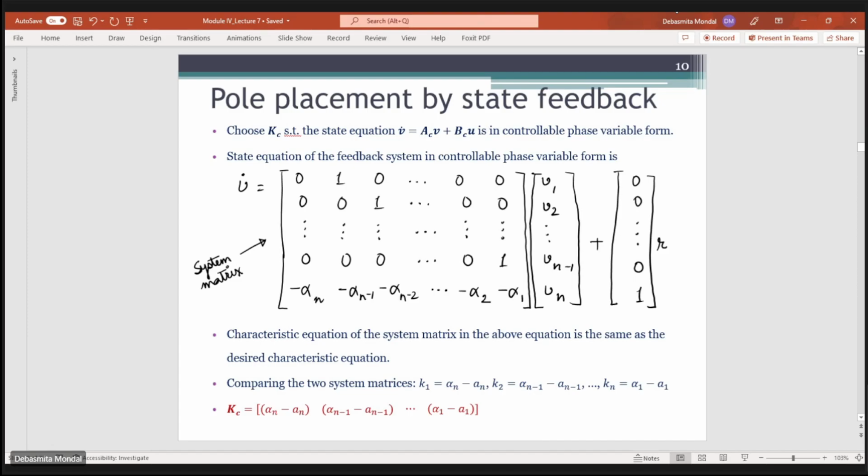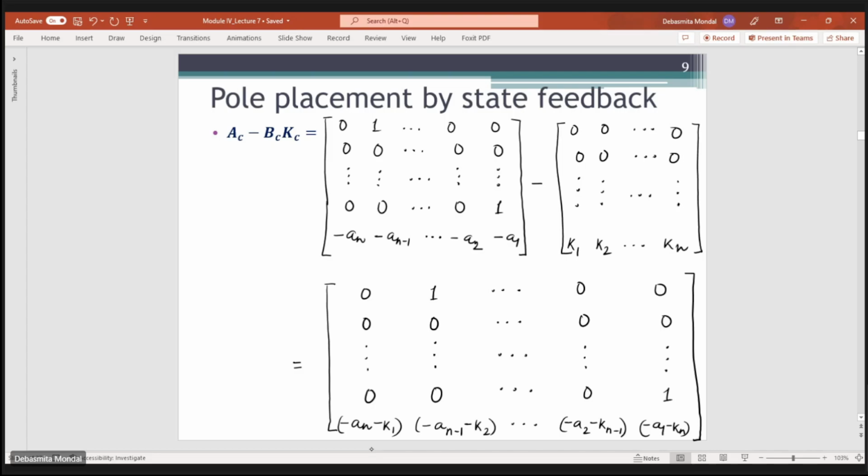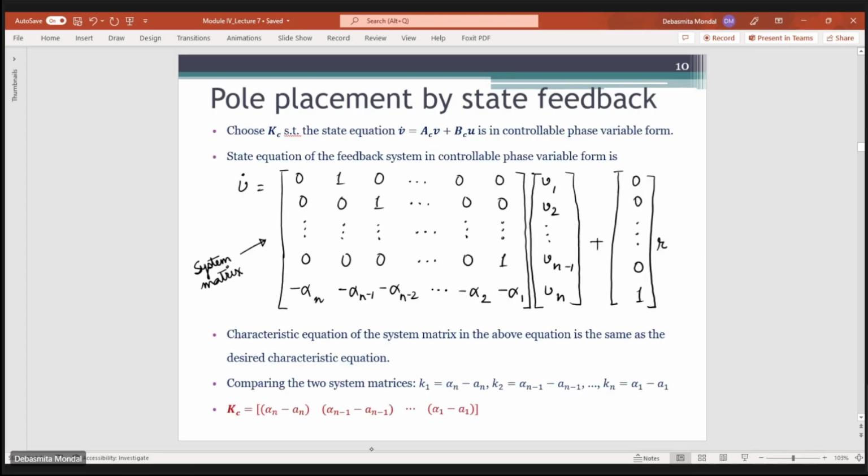Since we have designed this Kc in such a way that it is in controllable phase variable form, we can say that the characteristic equation of this system matrix should be the same as the desired characteristic equation, because this characteristic equation consists of the components of the feedback sensor, that is Kc. The components of the feedback sensor Kc are provided in this system matrix, and this is my desired system matrix. So you can simply compare those two matrices